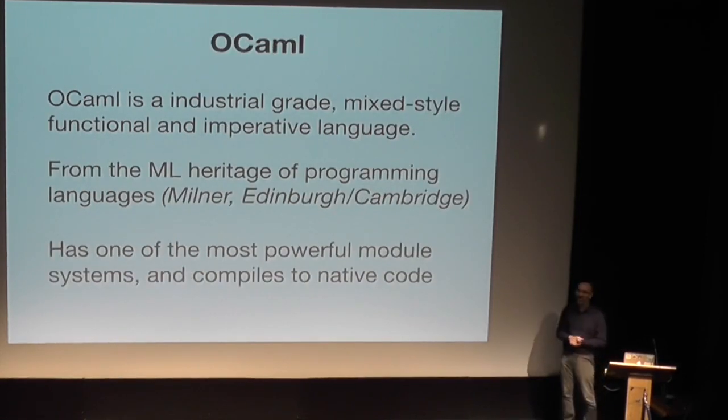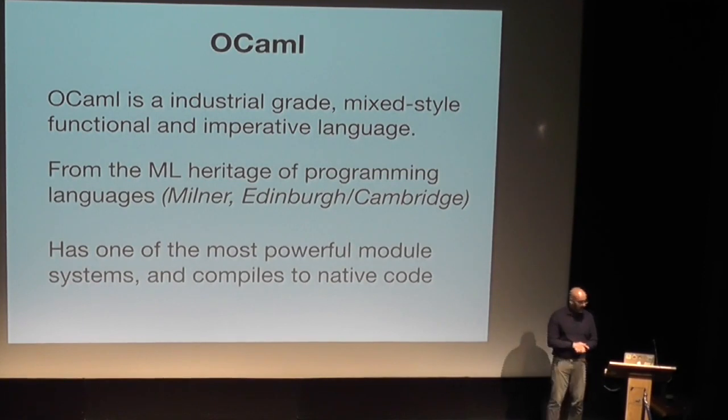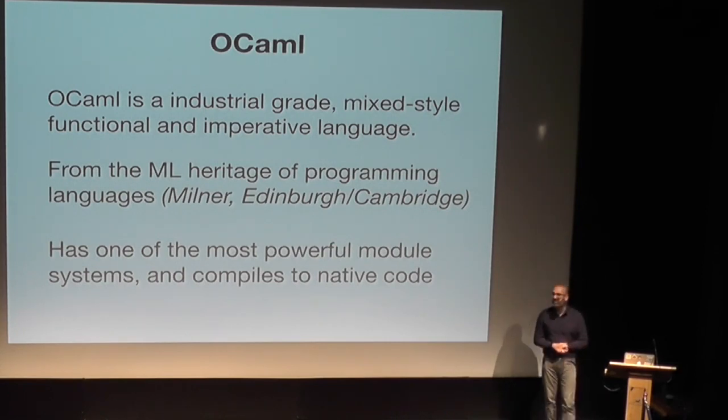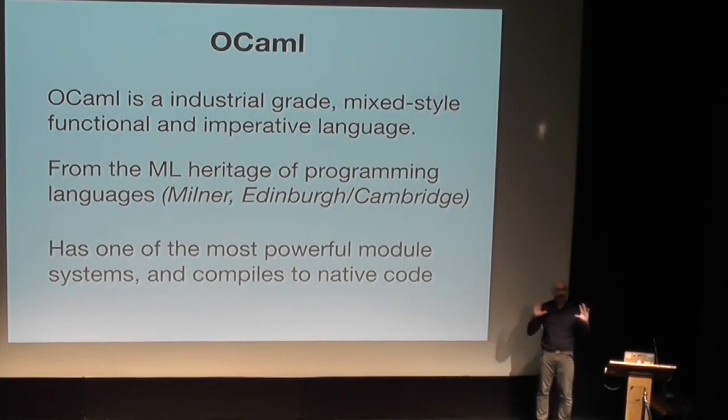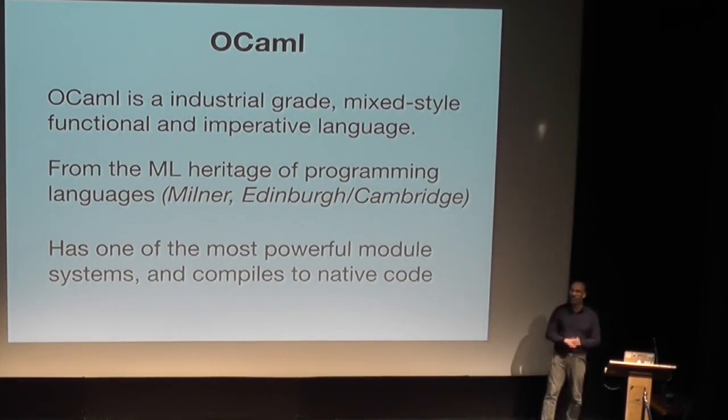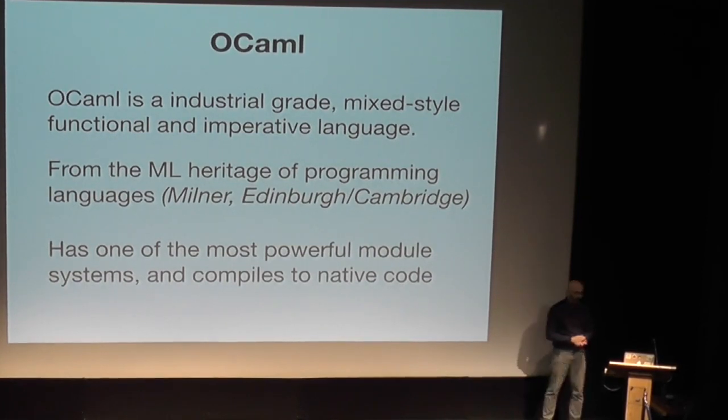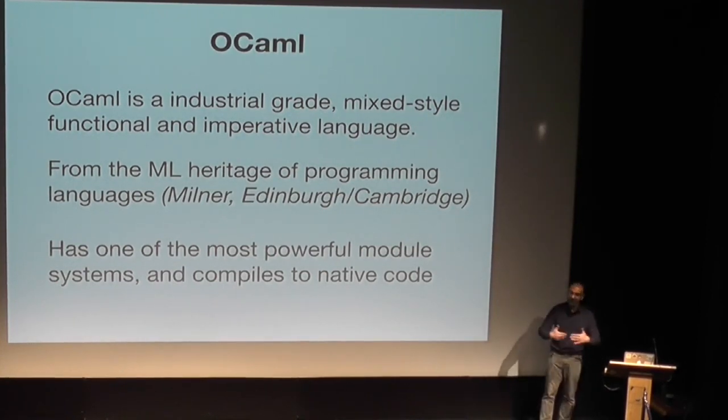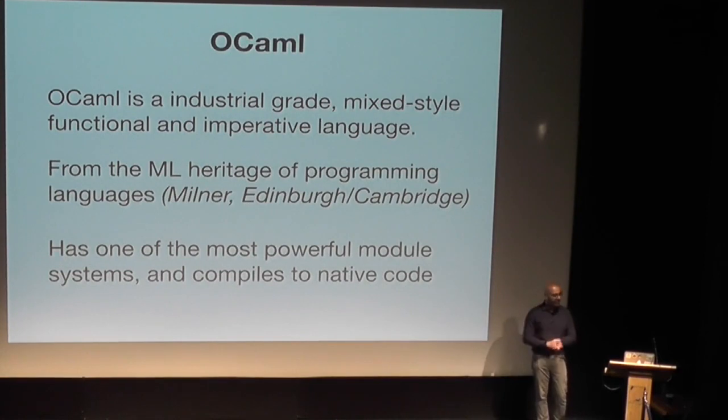The choice of language that we picked was one called OCaml. And what OCaml is, it's an industrial-grade mixed-style functional language, which means that it pretty much tries to do all of the things. It's got objects, that's the O in OCaml. It's got imperative programming, so it's got variables that you can mutate, but you have to flag the variables which can change with a mutable thing. So it's strictly evaluated by default, so it's not lazy like Haskell, so whenever you write some code, it's immediately evaluated unless you choose to make it lazy.